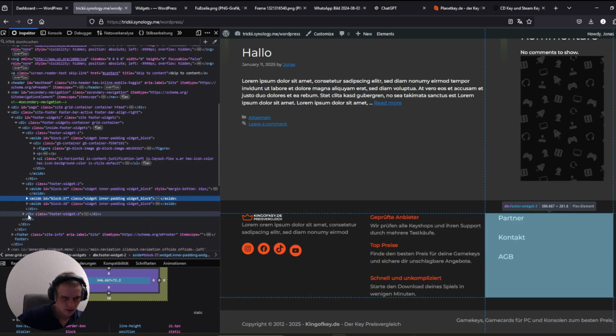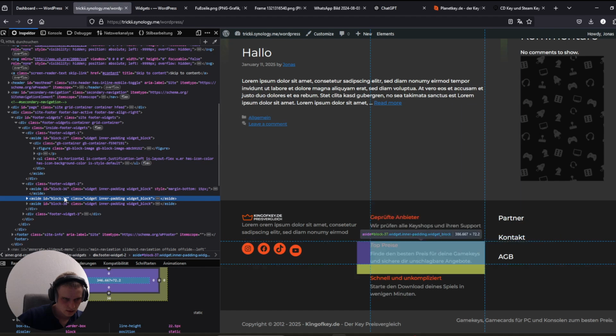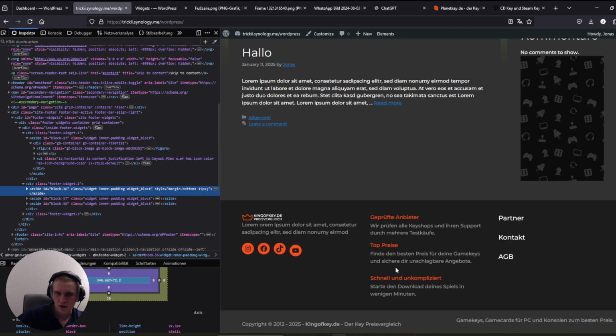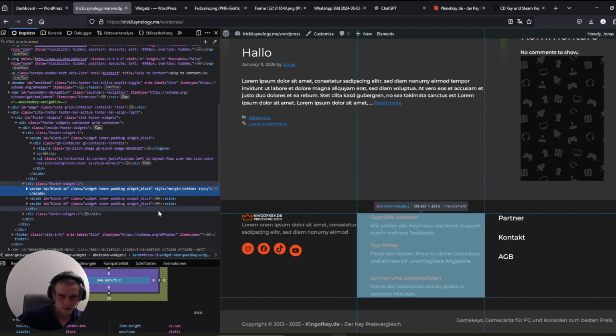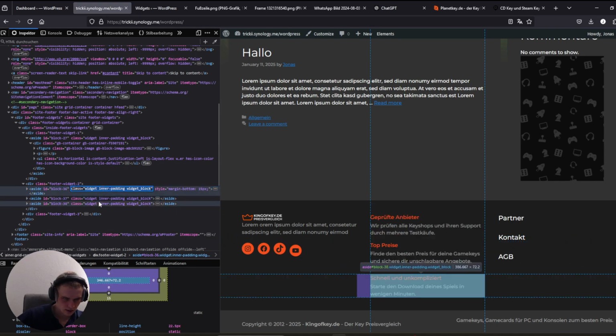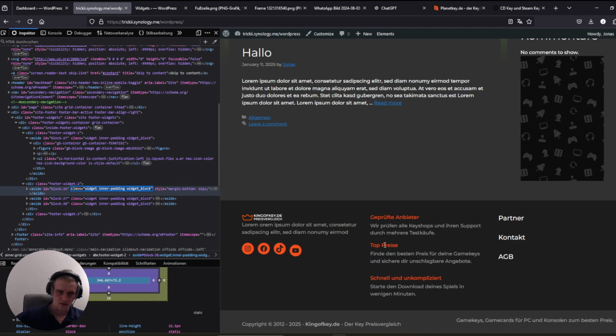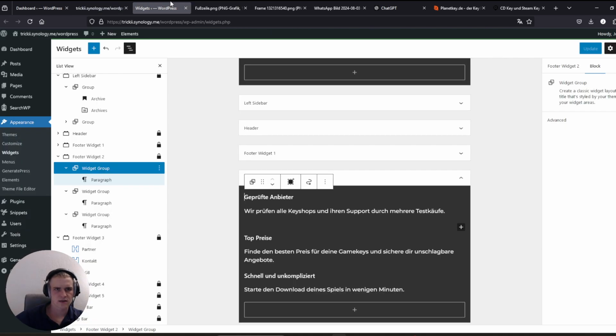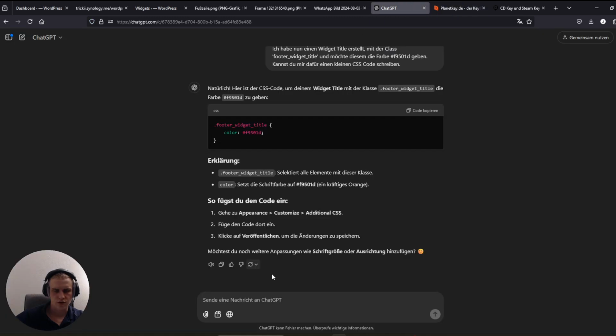And also we want to work smart, because we know that all of those following widget containers also have that problem with the spacing, so we want to look for a similar class that also affects the following ones. So just copy paste it and go to ChatGPT and write